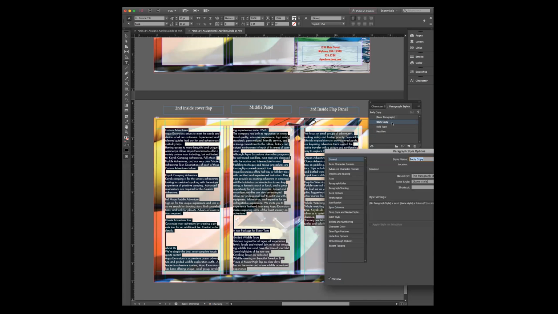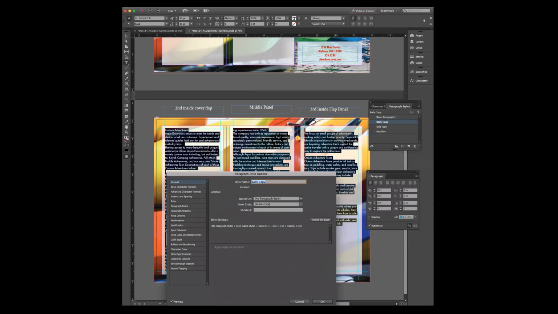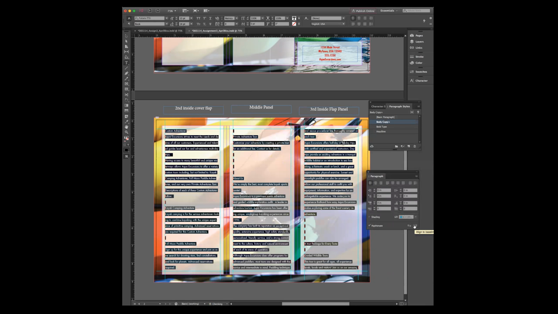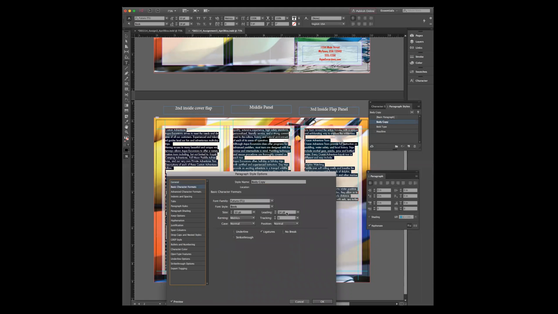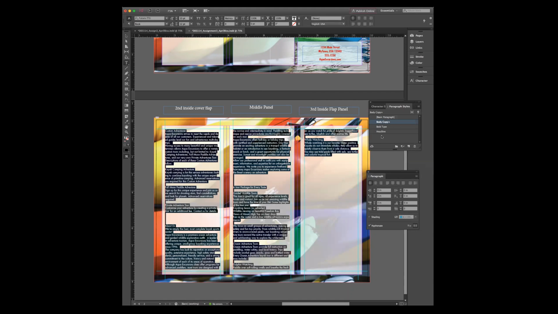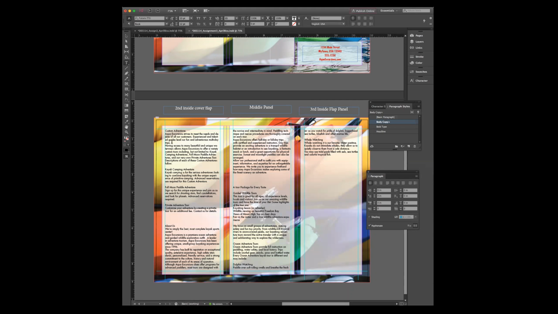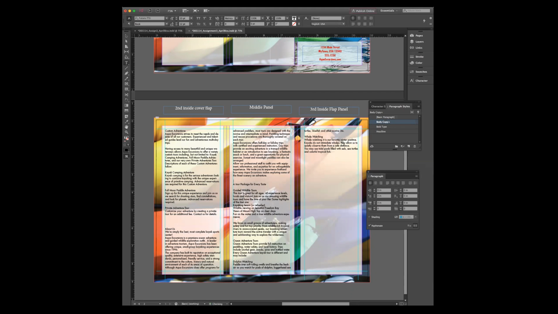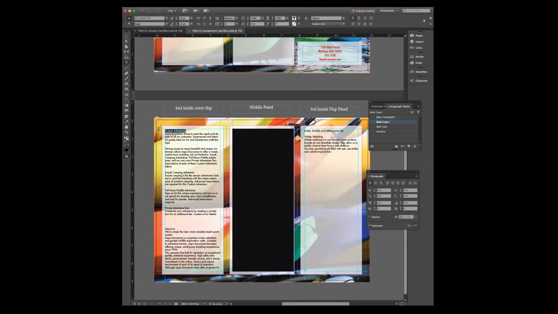So I'm going to double click on body copy, and I'm going to change this so that it's smaller in point size. Let's see if that makes a difference. I'm going to change it again. 10 by, let's do 12. Let's see if it does anything here. Okay, so 10 by 12 looks good. It doesn't space out too much, but I can still use align to baseline. That looks good. Take out some spaces in here. All right, so now what we want to do is